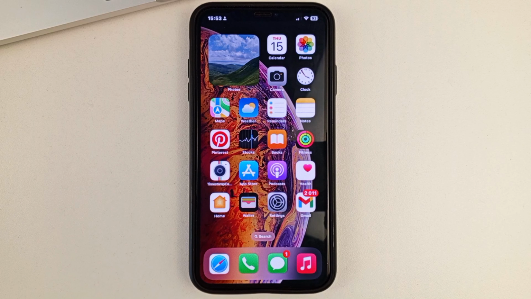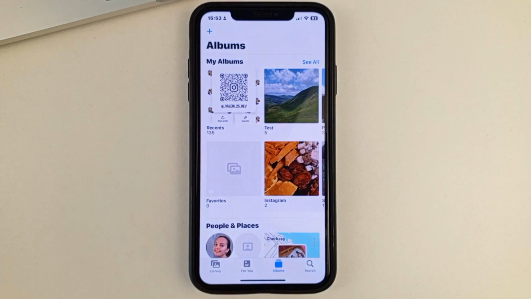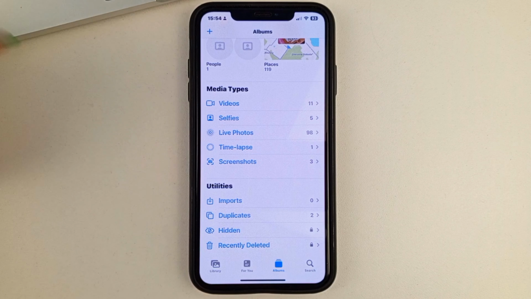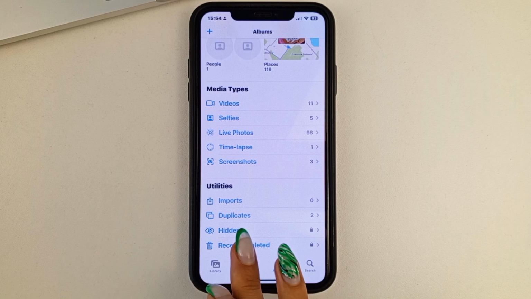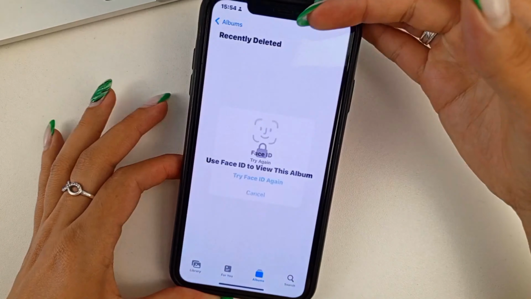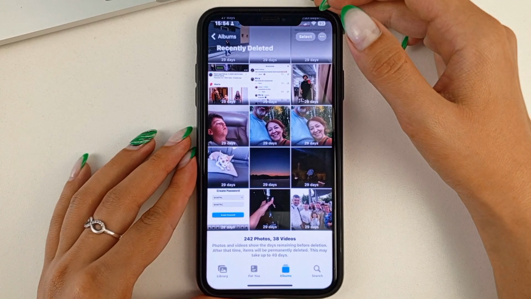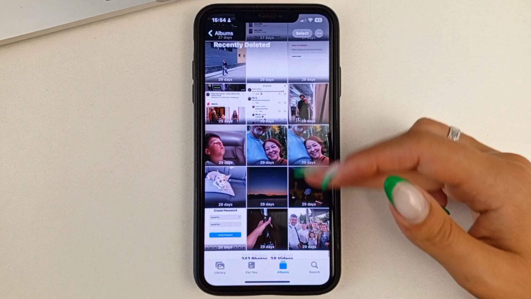So, friends, first of all, open the gallery on your iPhone. Then go to the Albums section, and here you will have to scroll to the very bottom. At the very bottom, you will see the most recent folder. This is Deleted Files. To get started, go to that folder. You'll need to click on it. And in order to open it, you'll need to use Face ID or enter your phone password.